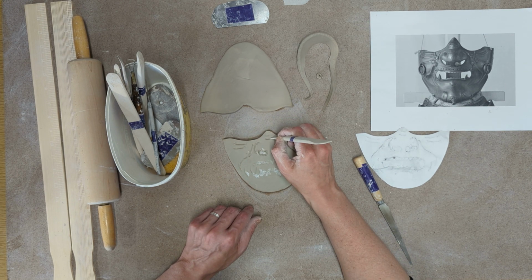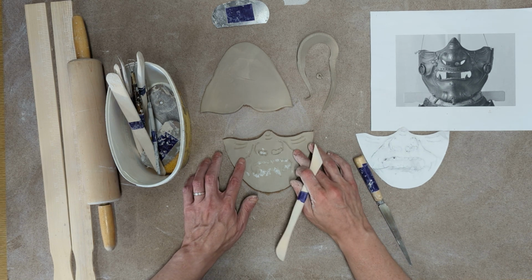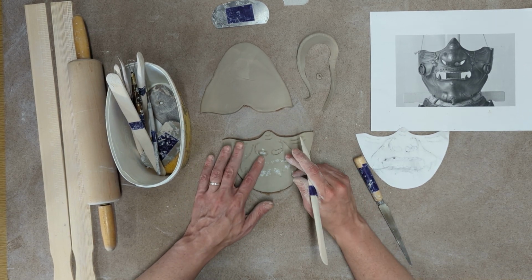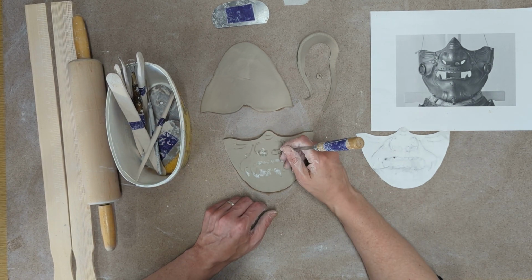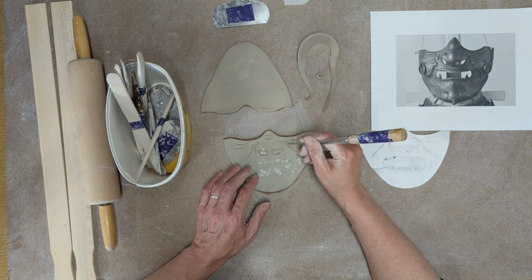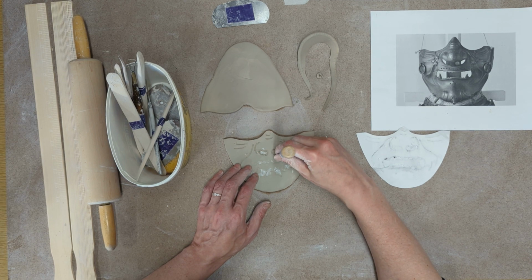We need to add clay and we need to subtract clay, okay? These lines, you can just barely feel them, but we actually want to build up some of the clay where we want parts to stick out, and we want to cut away the clay or remove clay wherever we want to see through it, or we want a hole, or we want to cut into the clay to make a relief. Okay, so these nose holes I'm going to cut out, and